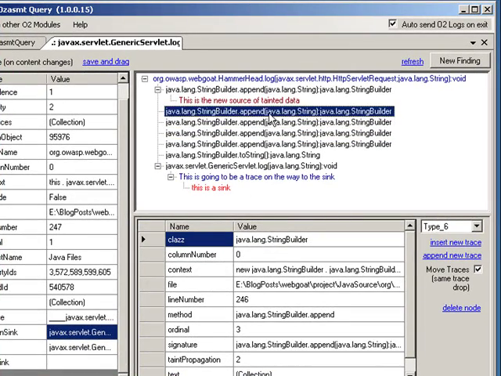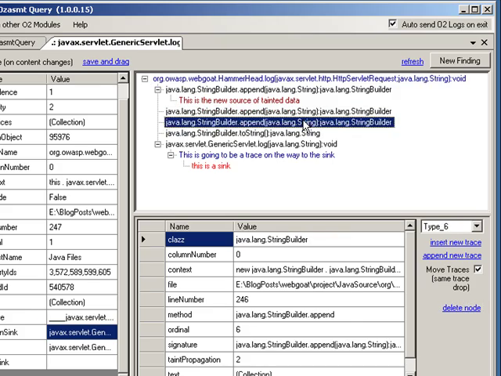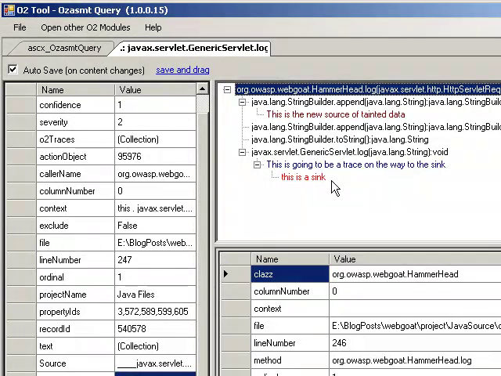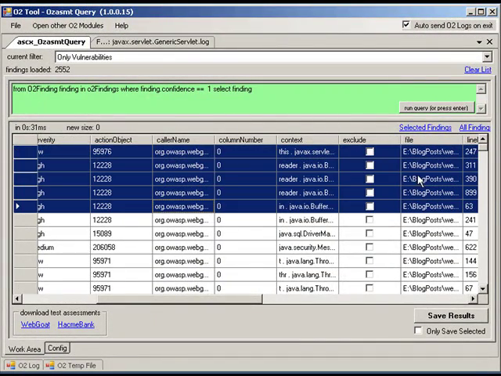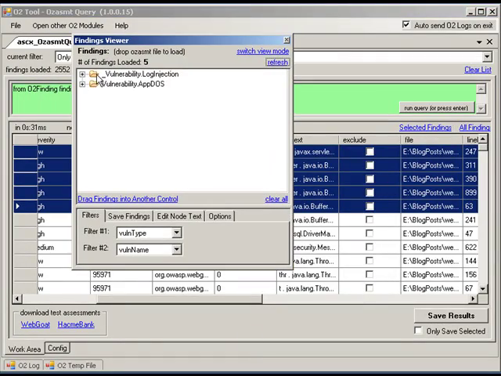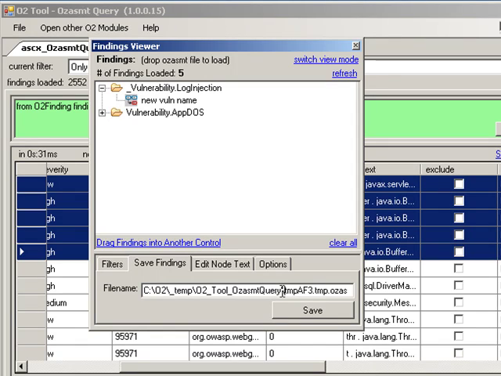So let's say this is redundant, right? We don't need all these appends, I only want one append, so delete that, delete that, delete that, it's much nicer. So that's already saved now. So what I'm going to do now is I'm going to load up this assessment, just a couple of them, into here. So now there's my finding. I'm going to save it as custom